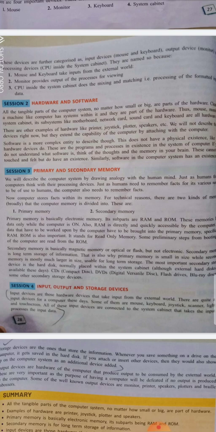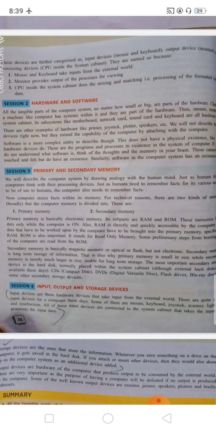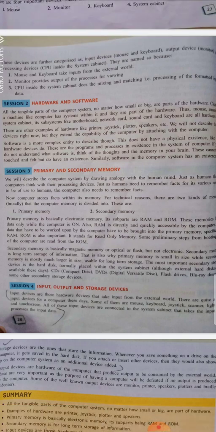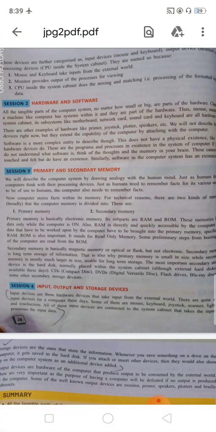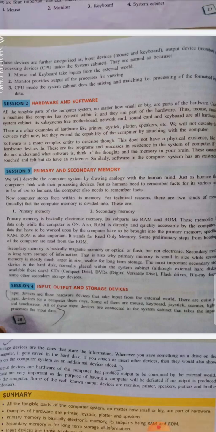And the next main device in the hardware is the processing device. There is a central processing unit or CPU. It's the processing device of a computer system. It is the brain of a computer. It makes all the required calculations and processes data into information. It controls all the input and output devices.